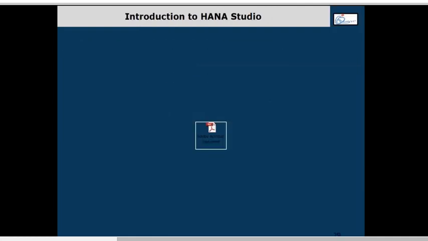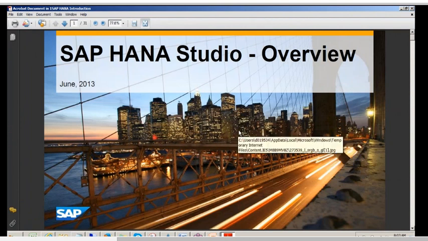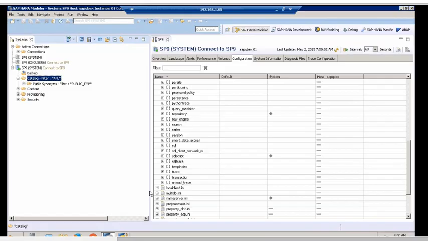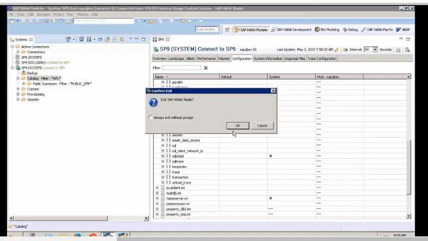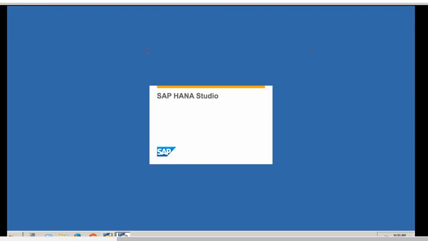Okay, we stopped here, but now we're going to get to this. What is HANA Studio? Now we'll get onto the system actually. So now I would like to get connected to my HANA server. HANA Studio will be my client application, which I use to get connected to my HANA server.